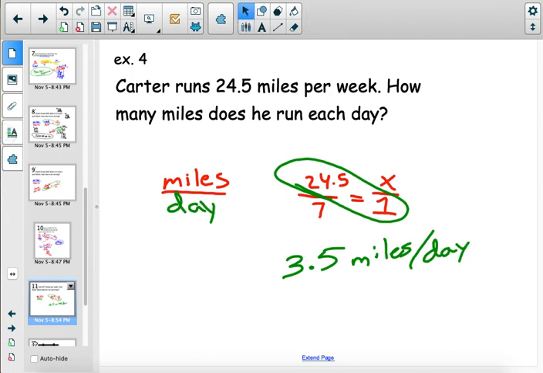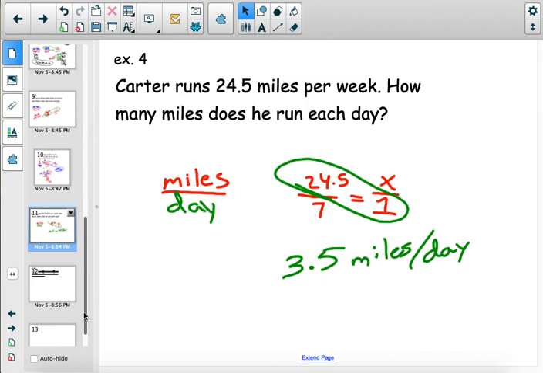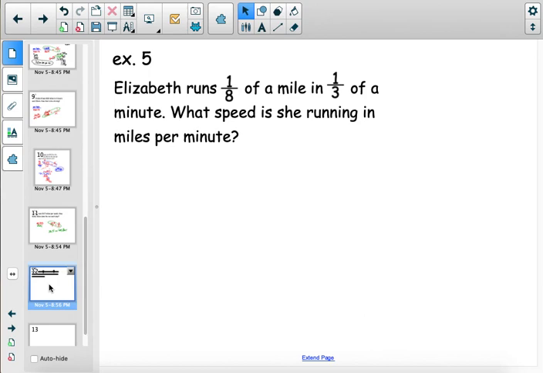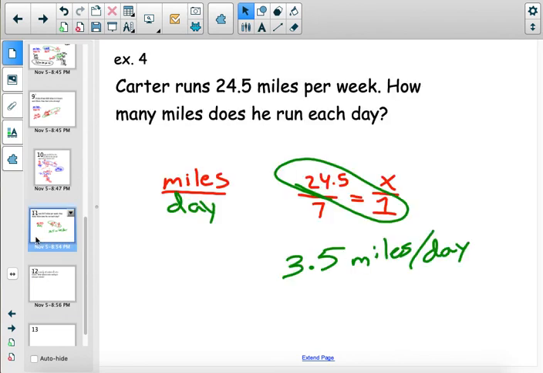Alright. Let's go to the last one before I give you your homework. I just want you to set it up. Elizabeth, I have a question about the last one. Let's say this problem is on the test. Will we get back points if we put week instead of day? No. Because in my mind, the person is thinking about distance over time. And the whole idea of this is to set it up correctly.